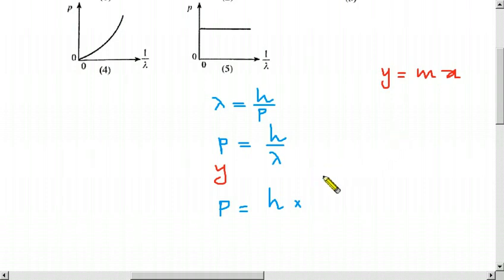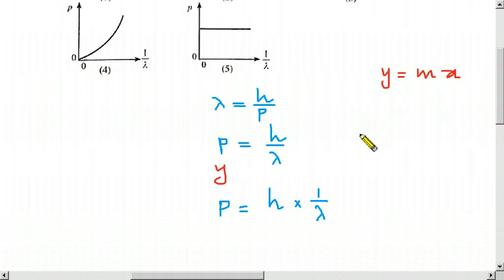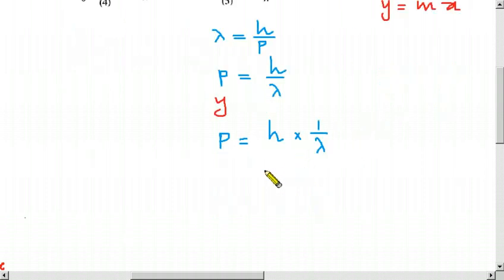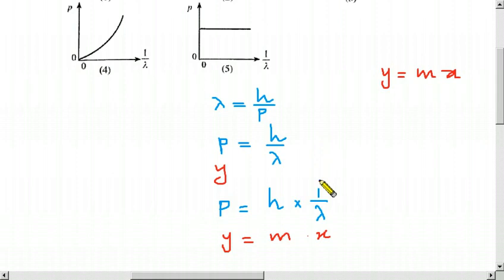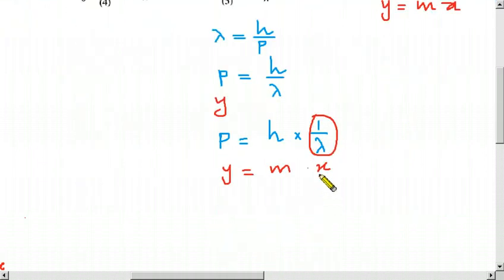So we can write 1 over lambda times h, the same as dividing by lambda. So now we have achieved the form y equals m times x. On the x-axis they have taken 1 over lambda, that whole term. So if 1 over lambda is equal to x, we get